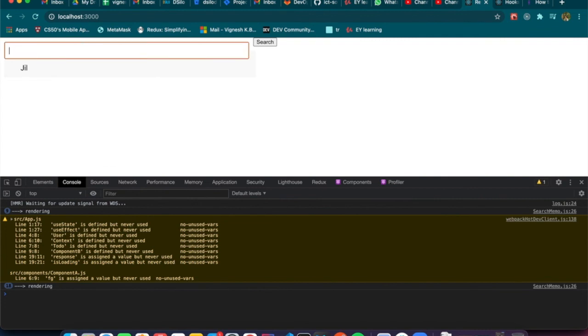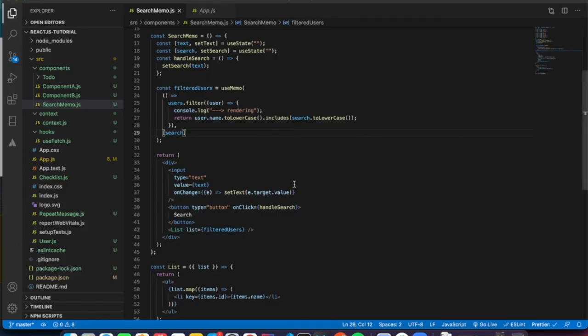Now let me do Joe. It will re-render because the value has changed. If you press again, it doesn't do anything because the value doesn't change. That's what useMemo comes with, you can optimize the re-rendering or execution of the particular function. Whenever the value changes, only then it will execute this function and return the value to the list component that we have.